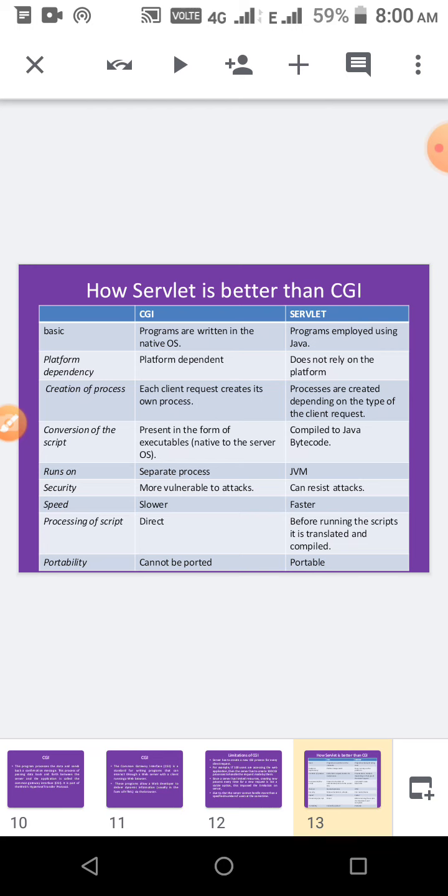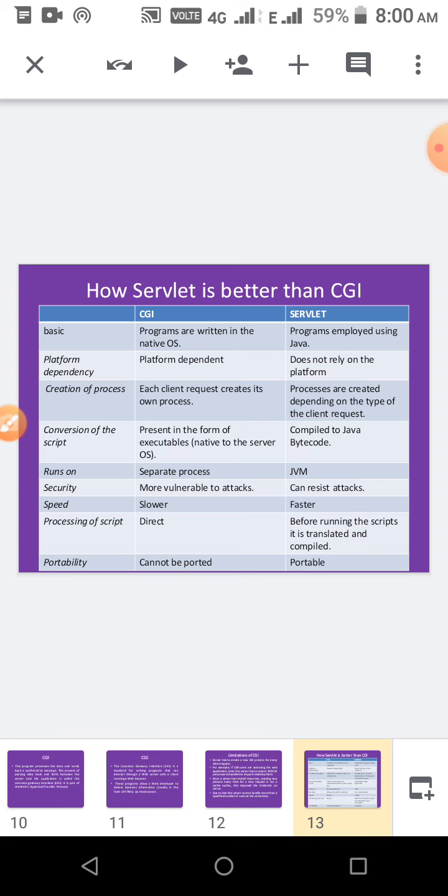In servlet, processes are created depending on the type of the request. In CGI, the script is converted into executables. Servlets are compiled to Java bytecode. And CGI runs as a separate process.